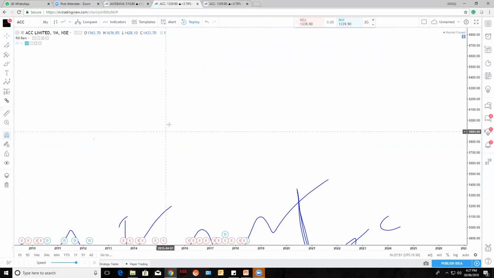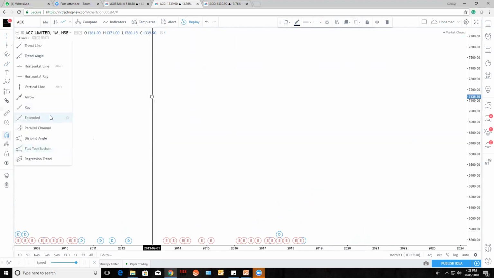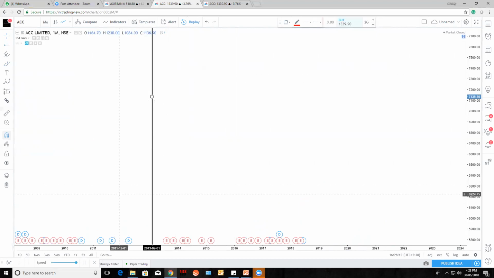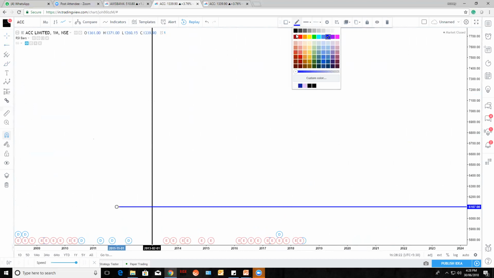There is a different concept next. What is the impulse wave? We need to have a rule. What is the rule for an impulse wave, and what is the rule for a corrective wave? Only thing as of now is you understand that this is a trend, and against the trend is a corrective. And what is the main basic thing you need to know? What is the corrective wave and what is the impulsive wave? The basic difference is one simple thing, and that is time.